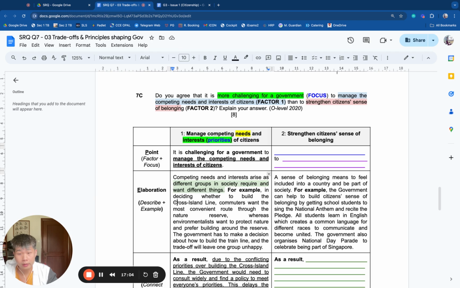In the cross island line, recall that we wanted to ask how to build this train line. And some people say build through a nature reserve because that's the most convenient. That will save the government $2 billion. That will save the commuters about 6 minutes of travel time. Right? It's going to be faster if we go straight through the nature reserve. And maybe